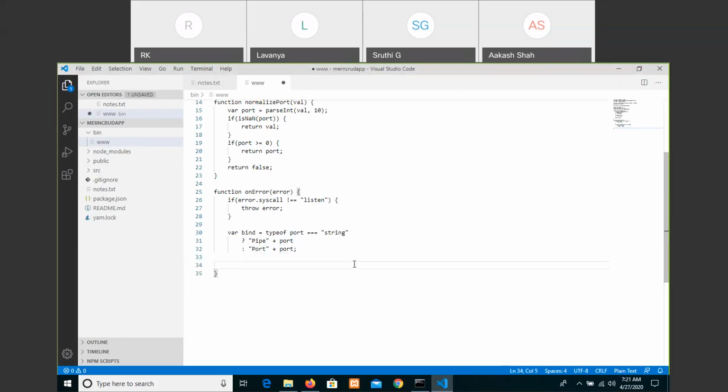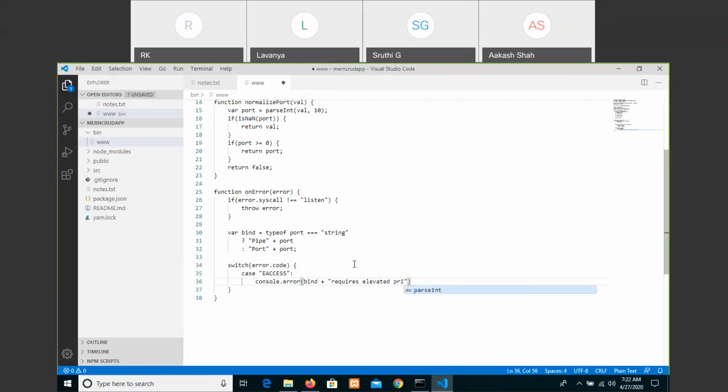Here you will be writing the condition switch error dot e access, meaning if there is an error in accessing, then we are saying that it requires elevated privileges.